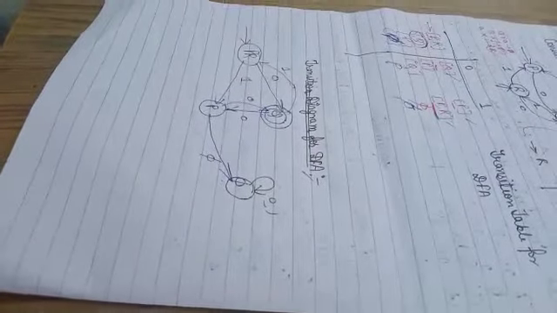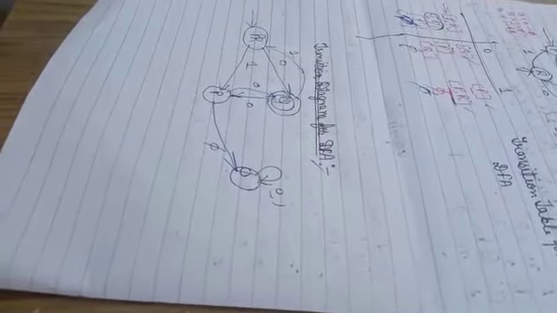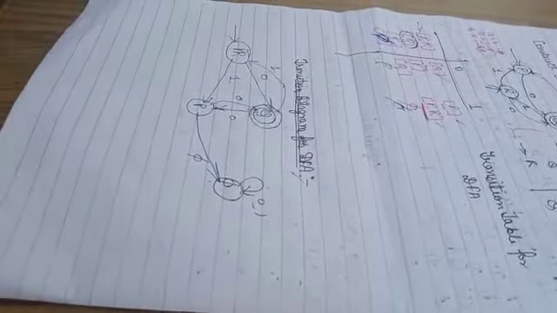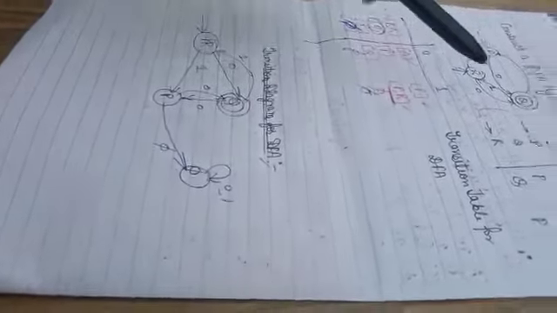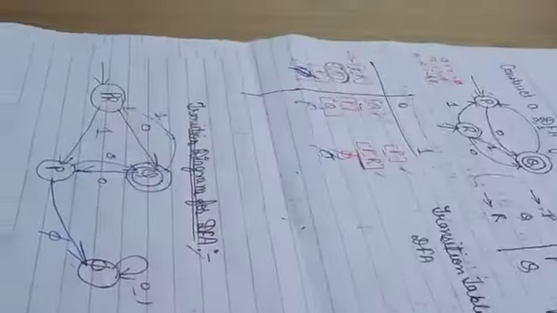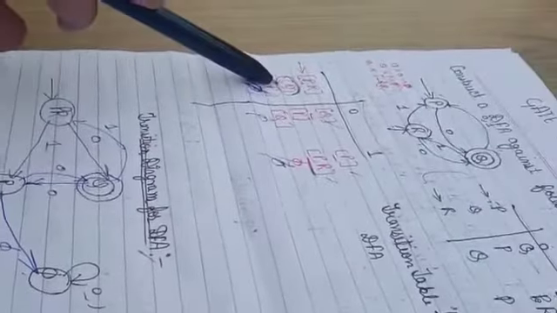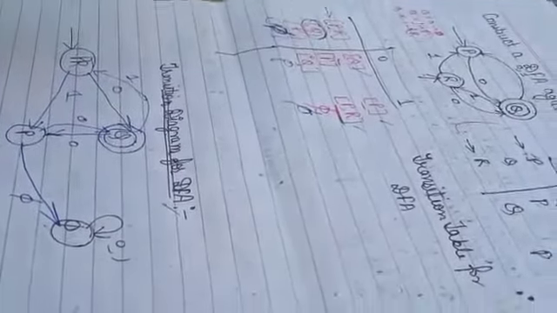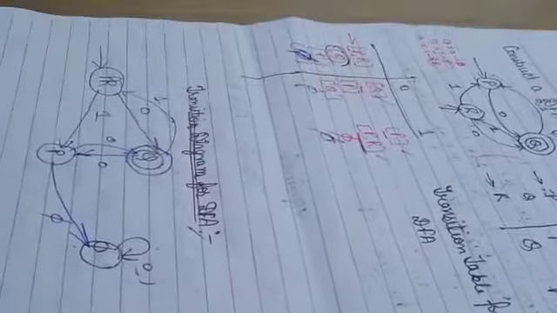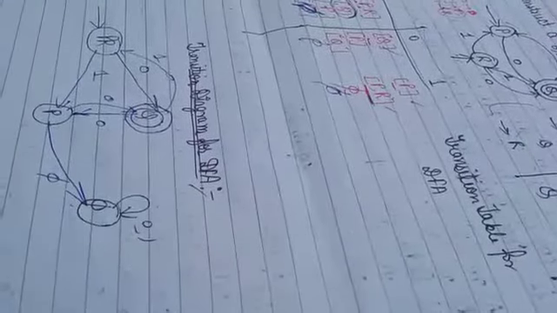So only two things you have to keep in mind while constructing the DFA from the NDFA. If you get two initial states, you have to club them and make them one initial state. And wherever you see the final state in any of the possible combinations of states, you have to make those states final states.